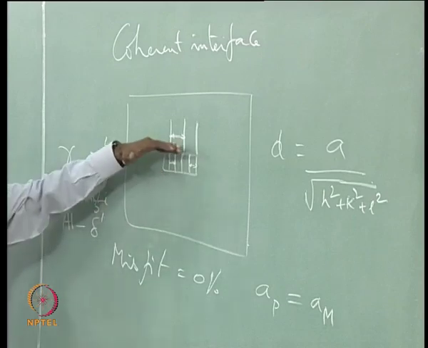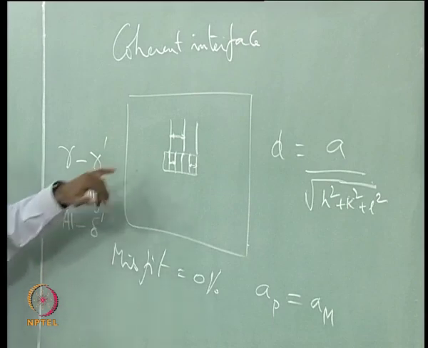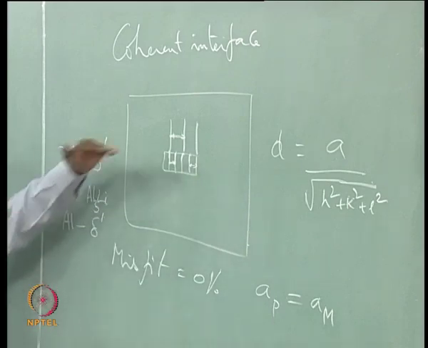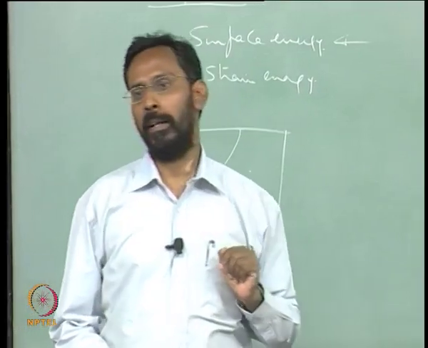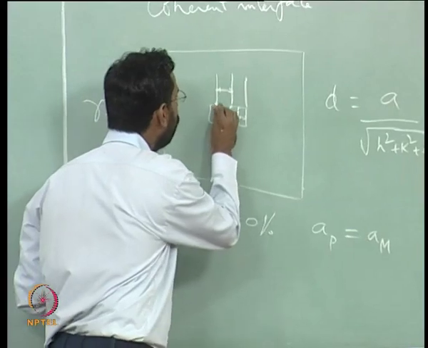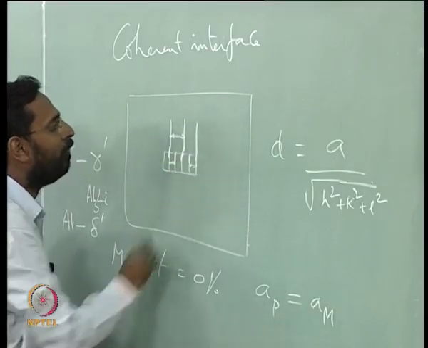So across the interface, below the interface you have a certain number of planes in a unit distance of x, and above that you have fewer planes. As a result you do not have a one-to-one matching; for every plane in the precipitate, you do not have a matching plane in the matrix. Then some of the planes have continuity and some of the planes are left out,